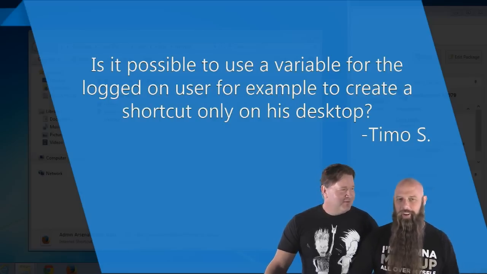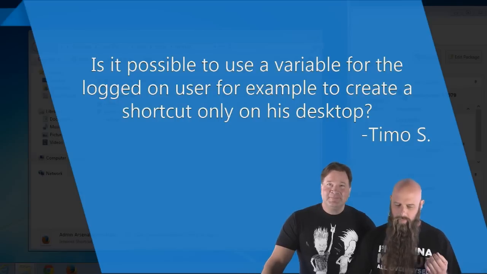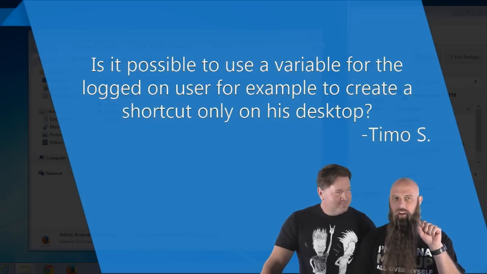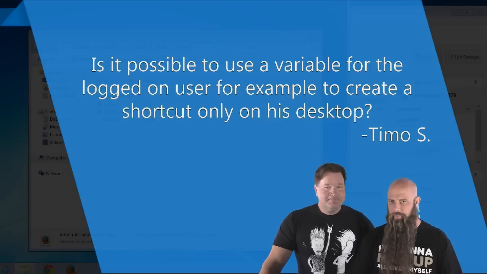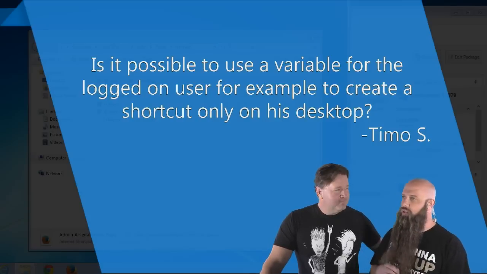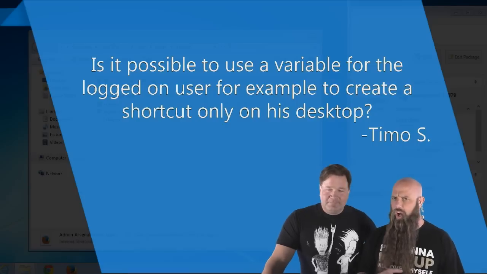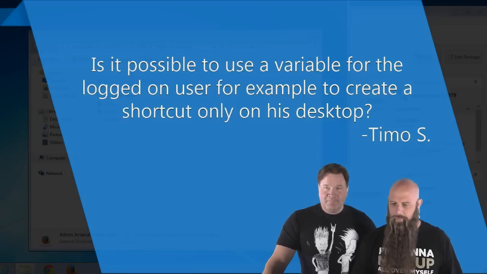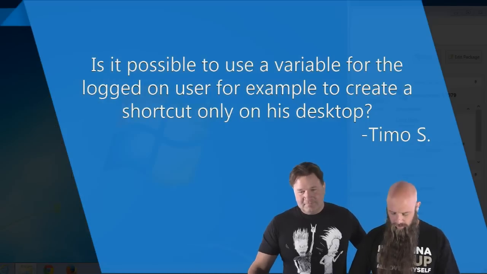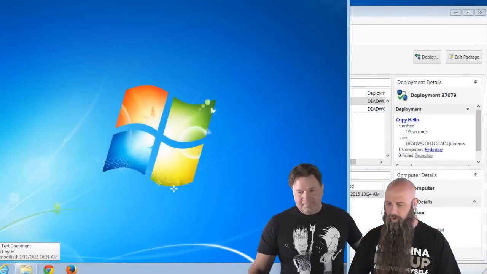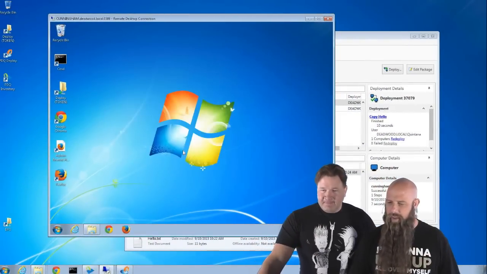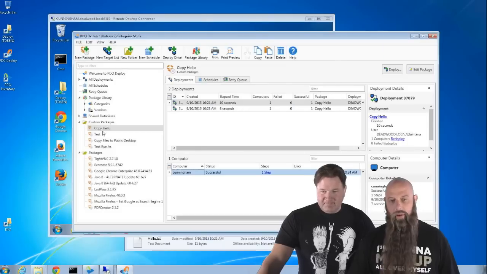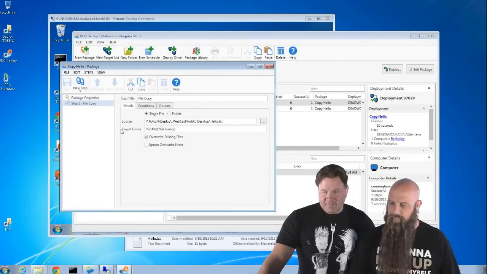Okay. So here's what you're going to want to do. If you want to copy a shortcut only to a user's desktop, it has to be the logged on user, unless you know the username and want to hard code that path. If you want to use a variable, let's try this. We're going to remove hello from the all users desktop on Cunningham. Now we're going to come back over here to our copy hello, and we're going to change that from public